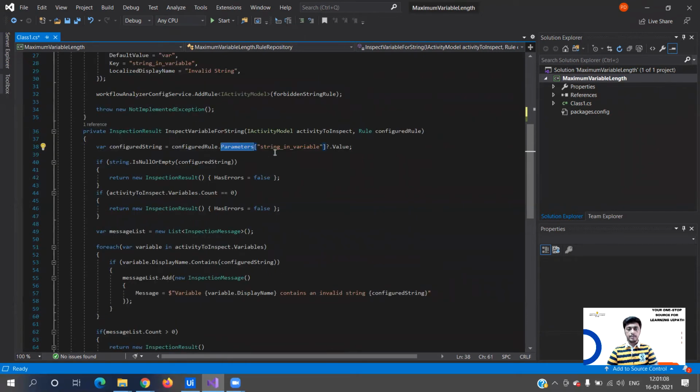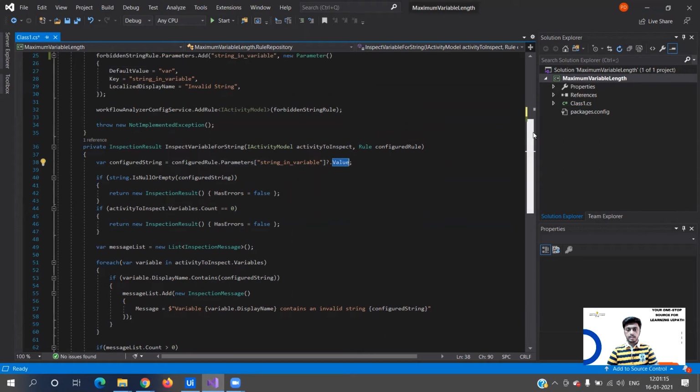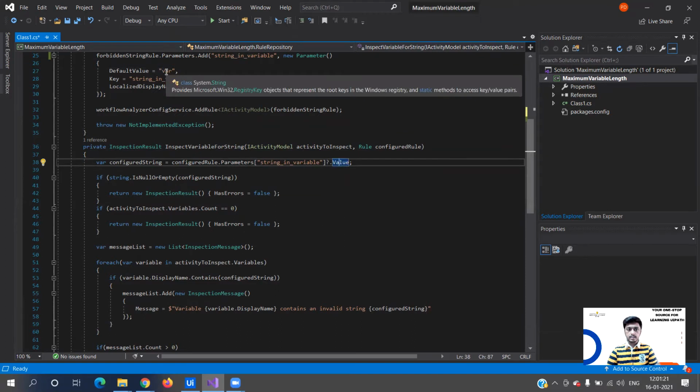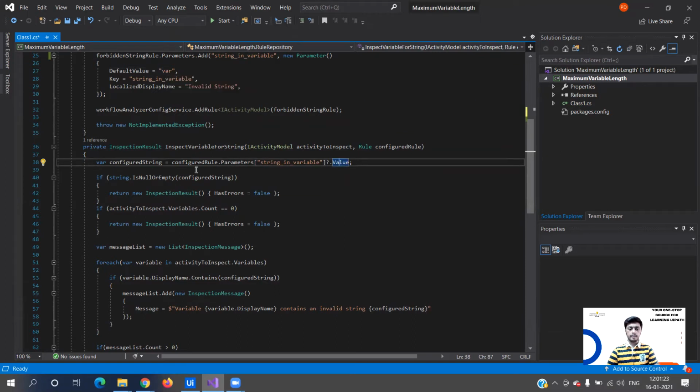Now we need the parameters of string in variable and its value. So the default value you can see is over here. So basically we are writing this particular line to get this default value using the key. So configuredRule.Parameters string in variable question mark dot rule.